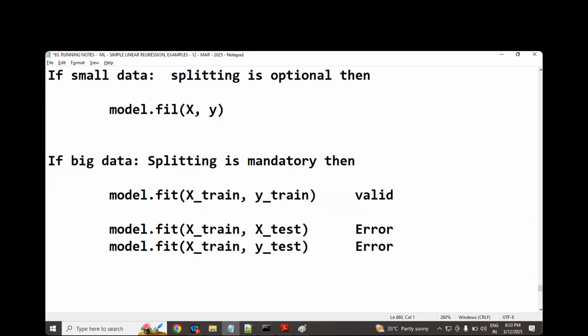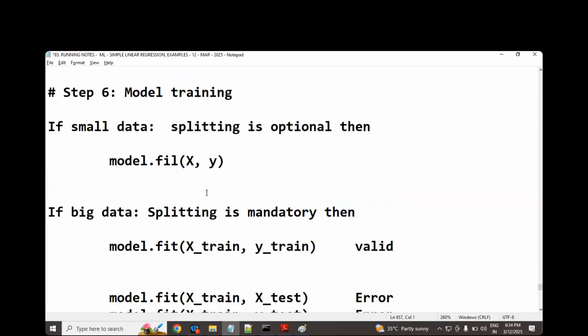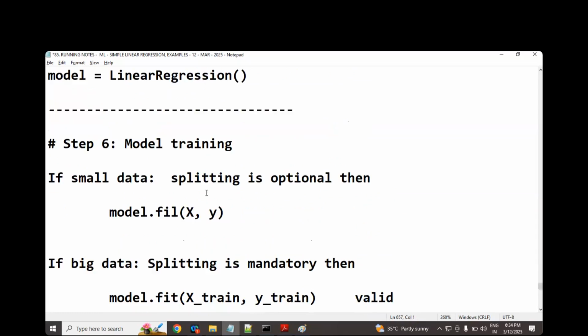Listen carefully. That day I told you the names of the variables are constant. Here it will be helpful. Train and train, what is that? Train data set, and this one should be train data set again. Did you understand? Okay, good. Hope you understand, because many people will not highlight this point.